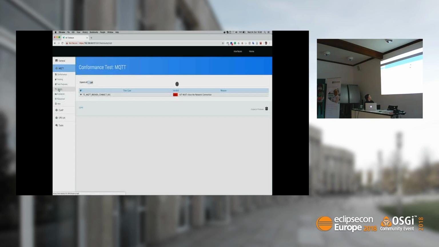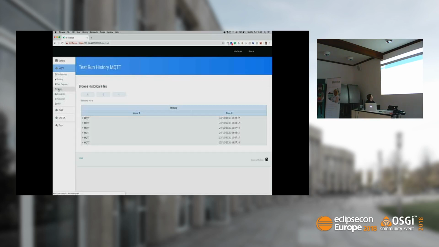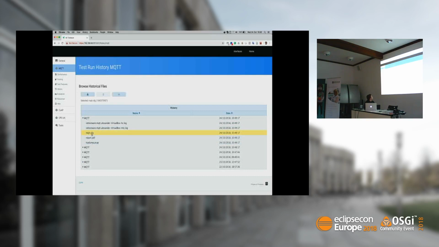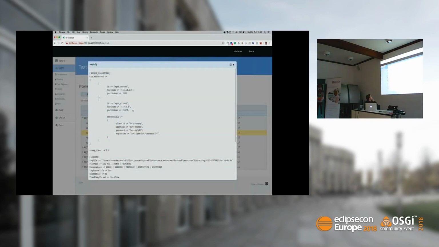Next, if you want to look back at your tests, we have a history feature, where we can look at this one. We might look at the configuration which is required by Titan. So we built this one. We see the host name or IP of the SUT.